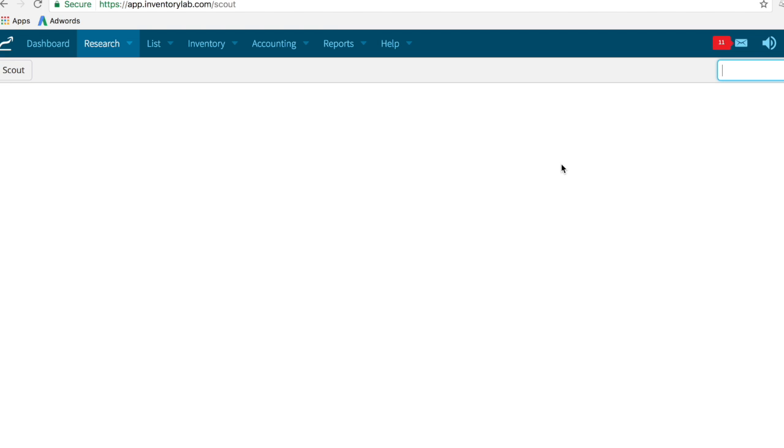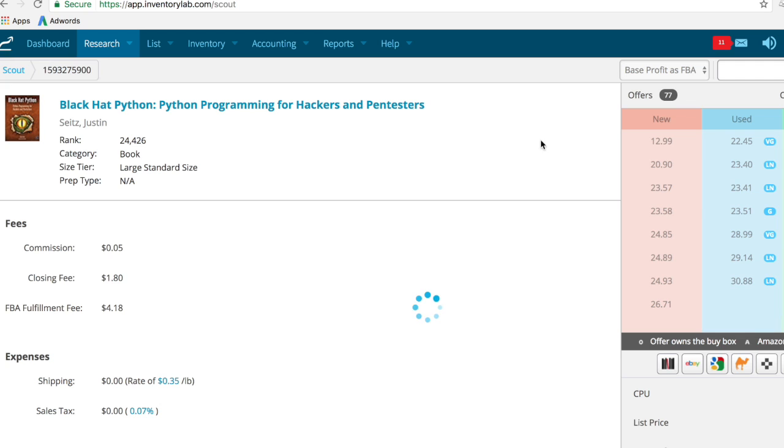Those of you who use FBA Scan and other apps like that, part of them allows you to look at all the different offers, look at all the different prices, make your best judgment, and kind of use some extra tools like Camel, Camel, Camel. Well, you can do all this in this app, which is what makes this app pretty cool. But research is more just doing your research. So I have an ISBN that I searched for before. You pop in the ISBN, you kind of get this window here. You get the title of the book, the rank, the sales rank, the estimated commission, closing fee, FBA fee, shipping,